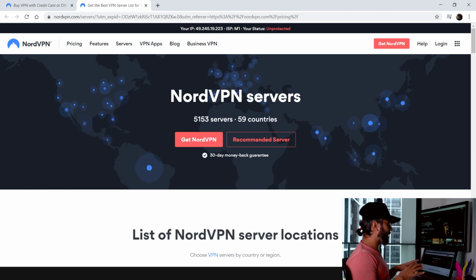Just to tell you, just in the US itself, they've got around 2,000 servers, which is huge. Now Surfshark, on the other hand, which is a little cheaper than this, has like 2,000 something overall. So that makes it a lot more sense to pay $1 extra for NordVPN. So again, there's a reason why I'm recommending Nord over all of the VPNs. This is the VPN that I've been using for the last 8-9 months now. Before that, I was using ExpressVPN. But there are good reasons why I shifted to NordVPN.